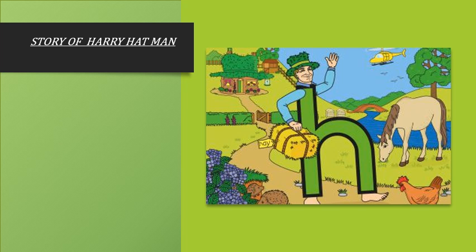Now we are going to listen to the story of Harry Hatman. I am going to tell you the story of Harry Hatman. So are you ready? Okay, let's start. Halfway up a high hill in Letterland is Harry Hatman's house. In his house, he has a hat shop where he makes hundreds of hats. He even made a hat for his house when the roof blew off. If you want to buy a hat, please ask Harry very quietly. Why? Because he hates noise.